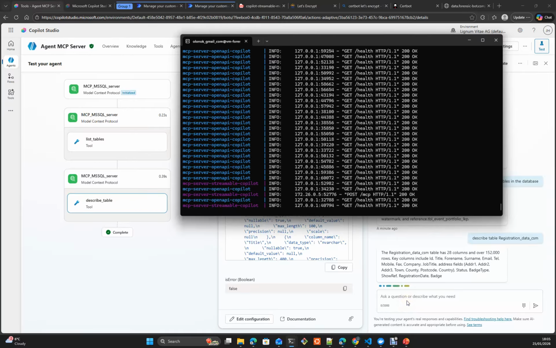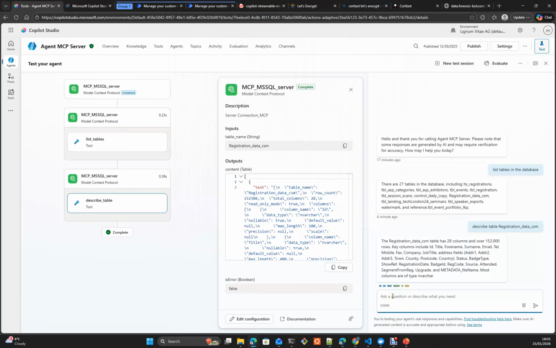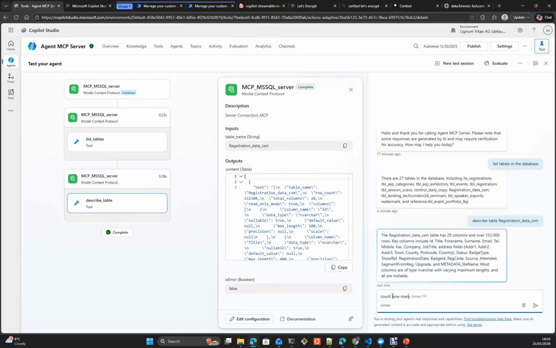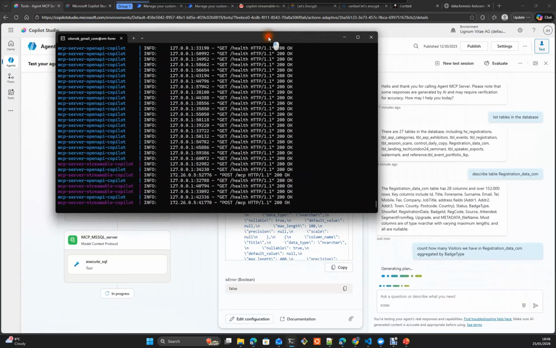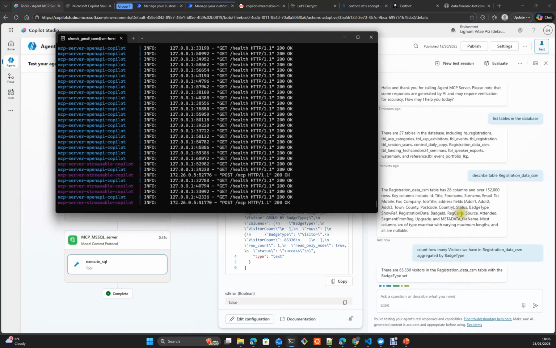And then on, let's see how many visitors we have aggregated by, for example, batch type, and let's check what we are doing here. We call the MCP again via post,